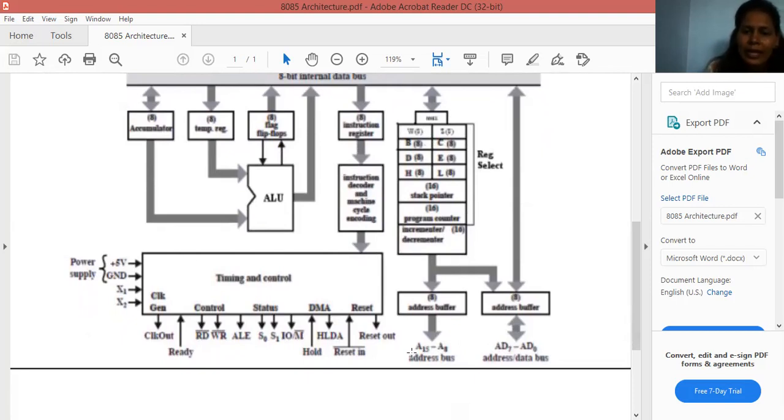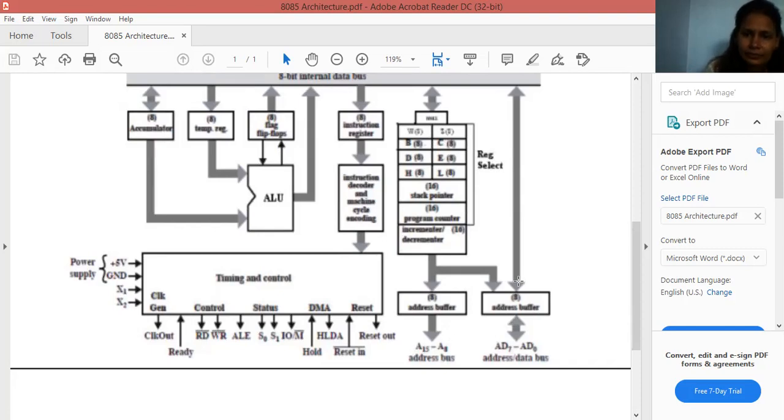We know that address bus is the set of lines. So A0 to A7, A8 to A15, these are the numbers of the address bus.